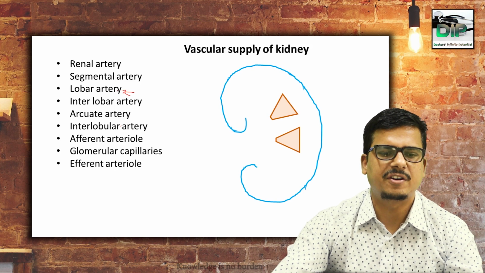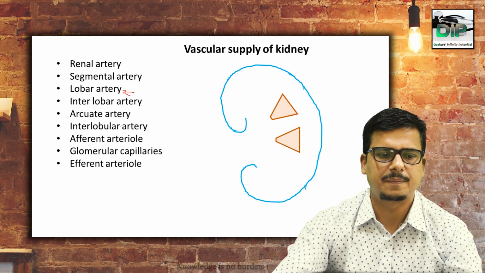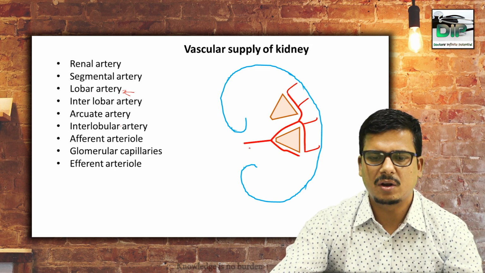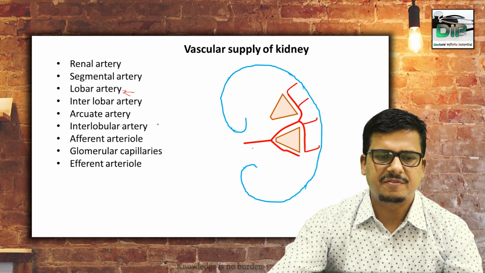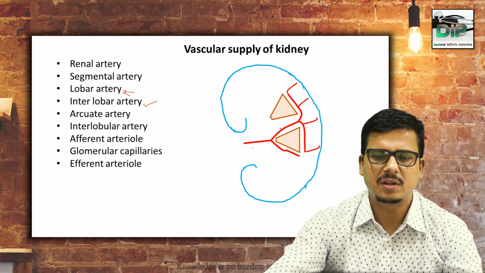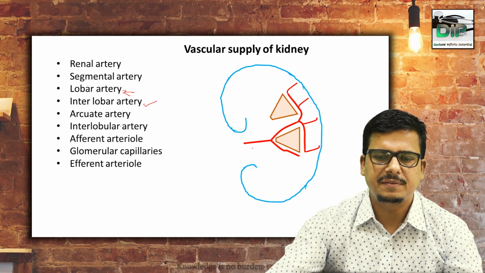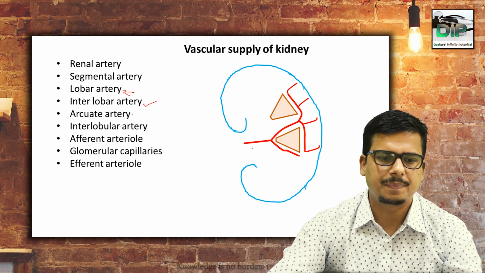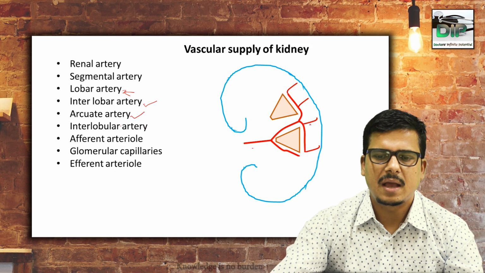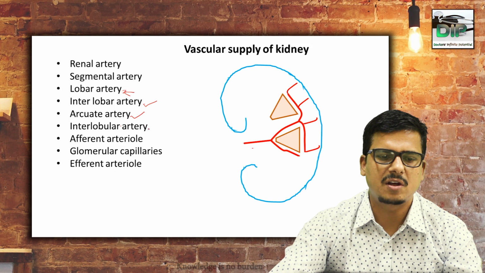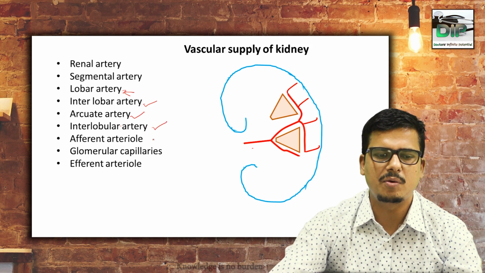The lobar artery is for the lobe of the kidney, which we just discussed. If I put the sequence of the arteries, this will be the lobar artery, which bifurcates into the interlobar artery. Here you can see the bifurcation between the two lobes. If you follow one of the interlobar arteries, it again bifurcates into two arc-shaped arteries, that's why the name is arcuate artery. An arcuate artery gives straight vessels toward the cortex regions, and they are called the interlobular artery. It's not interlobar, it's interlobular artery.